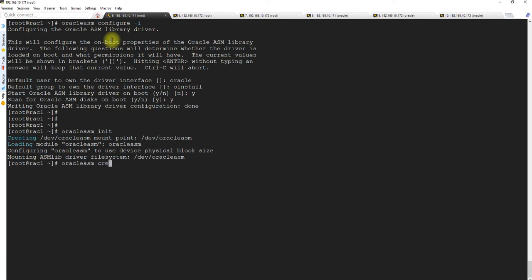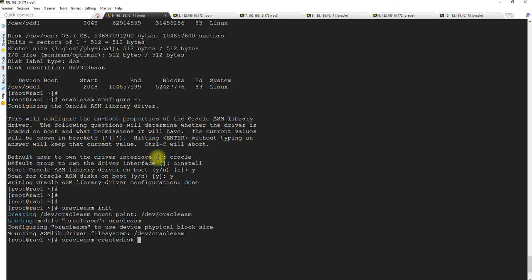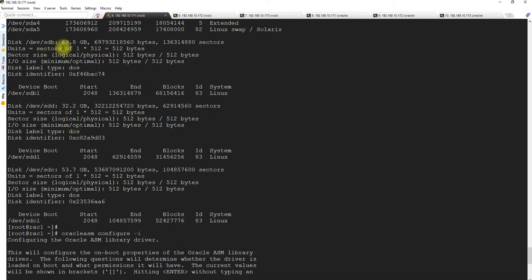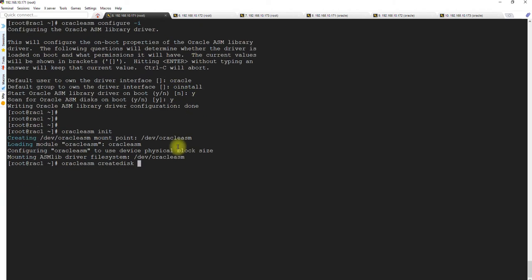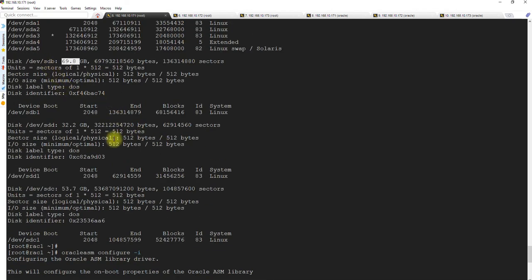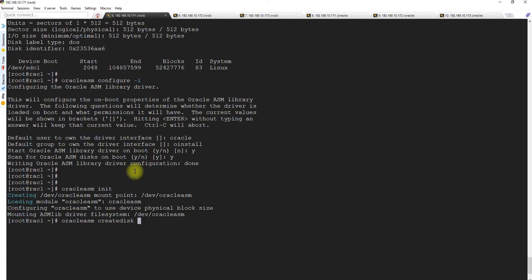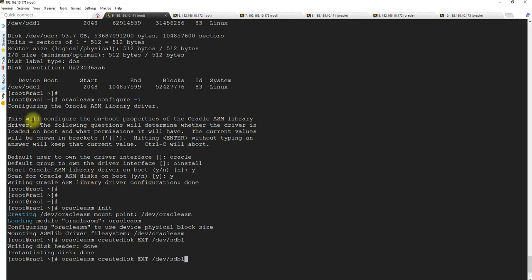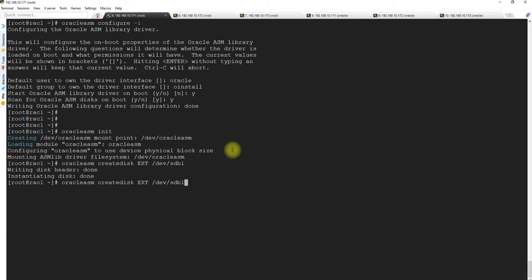Now let's create the disks with oracleasm createdisk. We need to make sure we create the disks according to the space requirement. We saw that 65 is the biggest one, so this will be ext, sdb1. This is done. Now we will need to associate 50 GB with C, and this will be data.